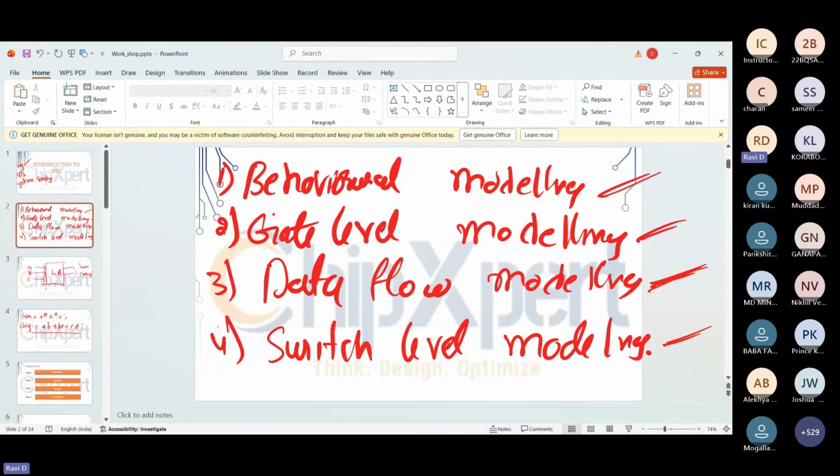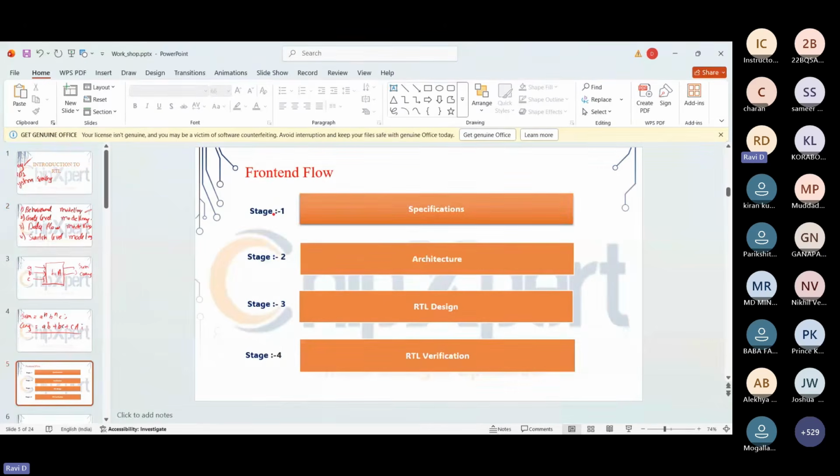The next topic is the different stages we have in the front end. When you want to design a chip, there are 4 stages in the front end.